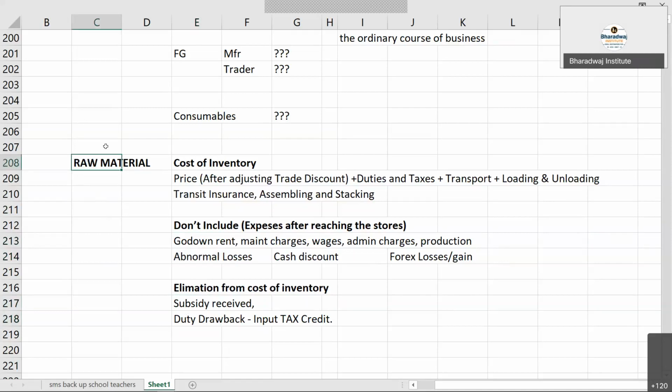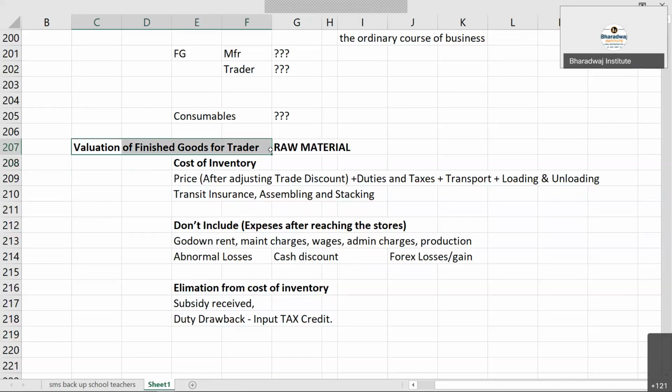And the same principle is adopted for valuation of finished goods for manufacturers. So let it be valuation of finished goods for a manufacturer or valuation for a trader, the same principle will be adopted. Okay. So anything spent till the goods reach the godown can be included. After that, it cannot be included. Eliminate means you have to deduct. Yes, if you get a government subsidy for getting material,